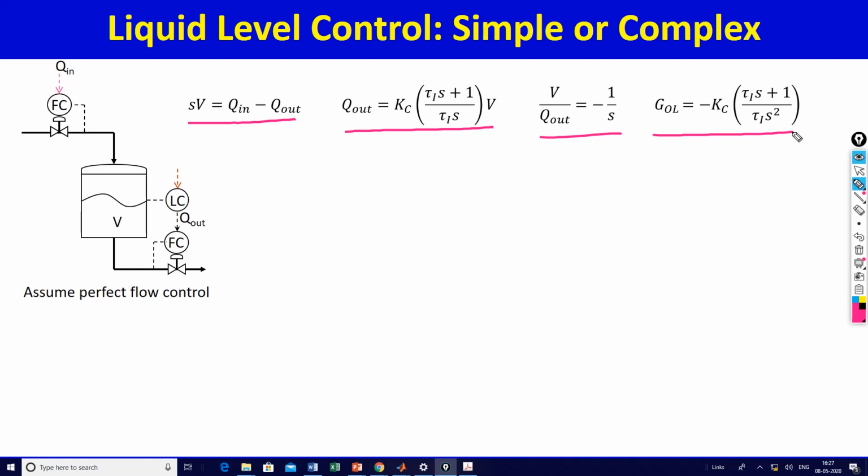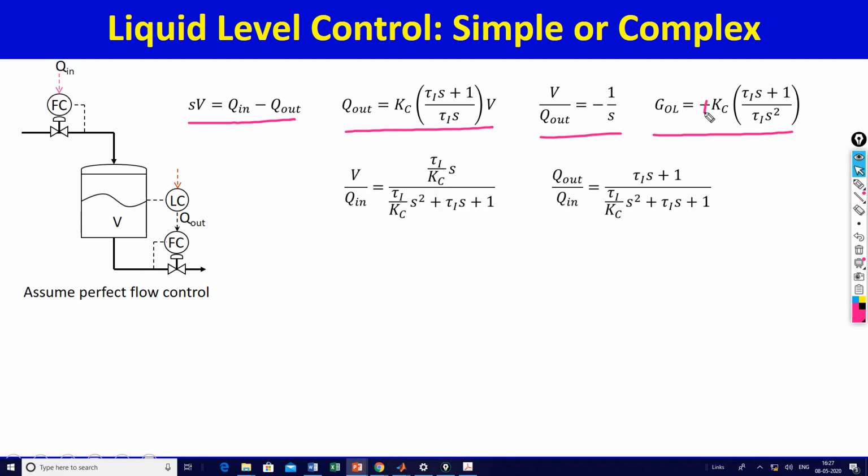Actually this should be plus, because the controller gain will have to be negative if you use error in the classic definition of set point minus process variable. The way it is written here, it is in the classic definition of process variable minus set point. So once G open loop is that, you get a root locus of the kind that I just talked about,